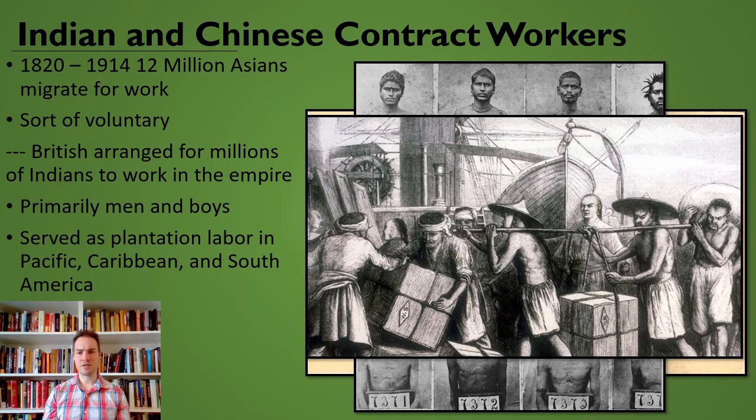So if you go to South Africa today, a lot of food is really heavily influenced by South Asia, and that's where that comes from. Or most Caribbean countries have some sort of Indian food left over, like roti or something, right? Comes from South Asia. And a lot of the Caribbean countries have some sort of flatbread or something like that as well. So there is a lot of changes that come with this, but it's a very weird system. The book does a pretty good job talking about it. It's not slavery, it's not voluntary, it's kind of somewhere in between.